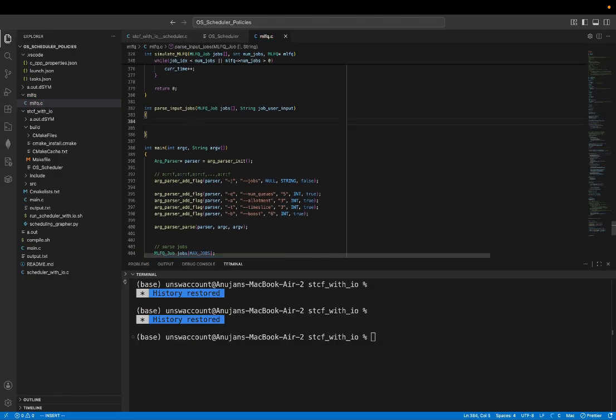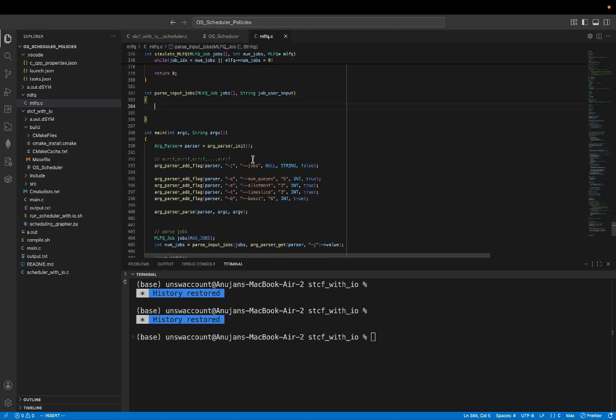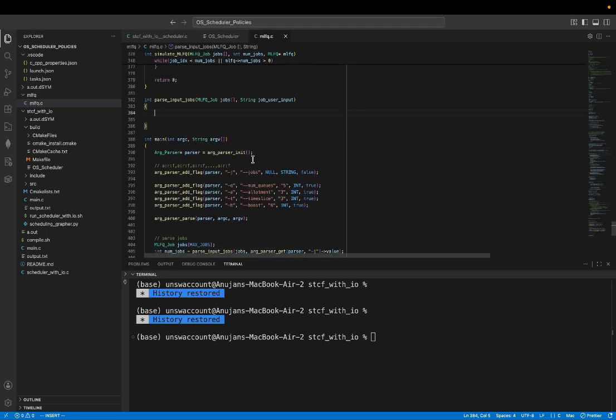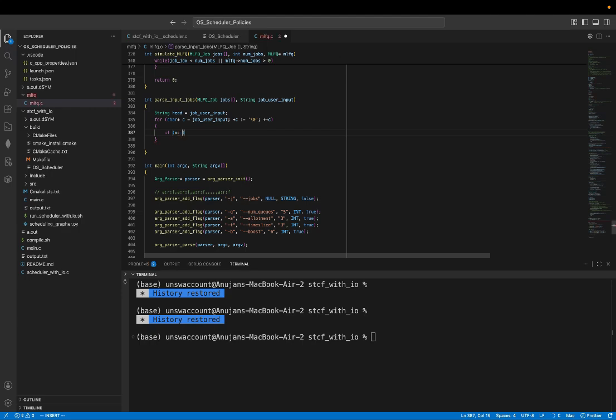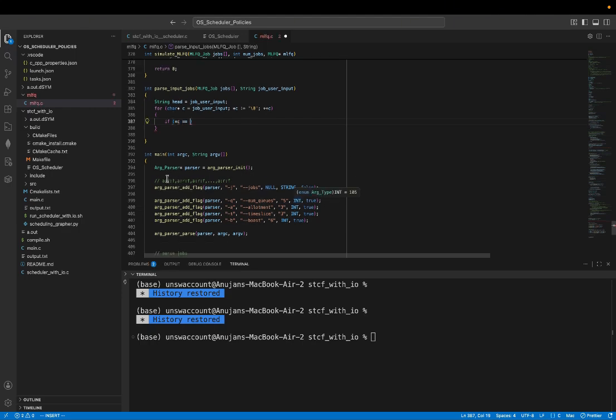Fantastic. Okay, so we have all this, which is fun. And then we can be like, what can we say? I have my string, I have to iterate, and the way I like to do this is I have a head value, which points to the start of the input originally, and then for char star c equals the head, like start, while it's not the null terminator, as per usual, and then we increment the pointer across. So like we said, it will be colons and commas that separate the information. So if it's a colon,